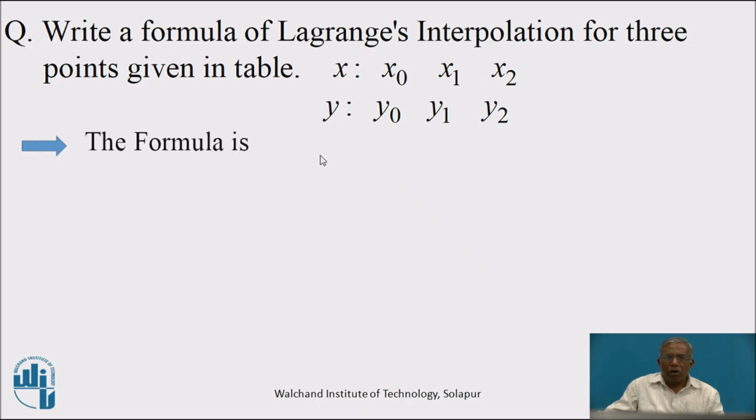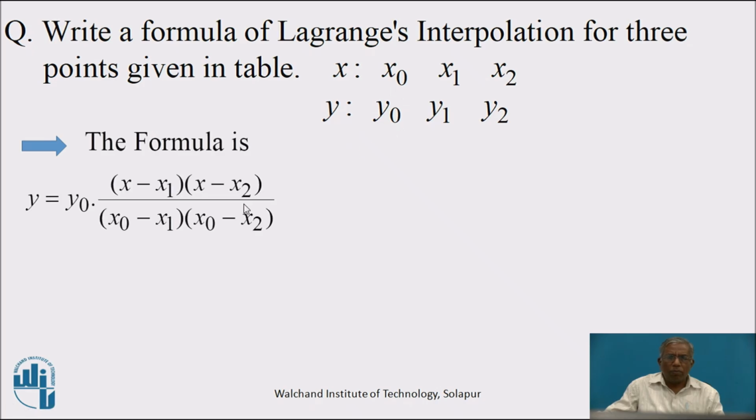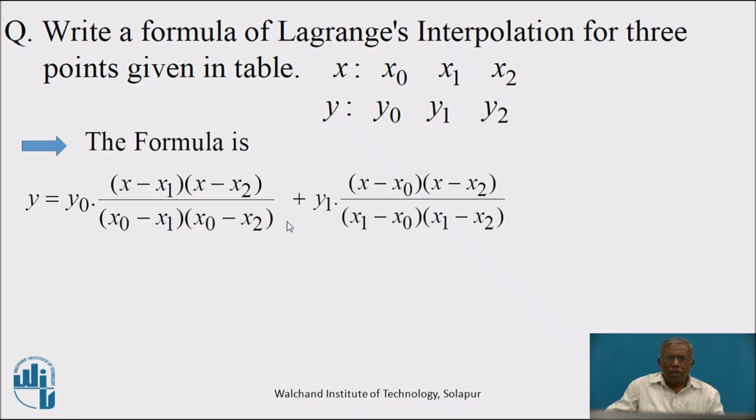The required formula of Lagrange's interpolation for a set of these 3 points is as given below. y equal to y0 into numerator in bracket x minus x1 into in bracket x minus x2 upon in bracket x0 minus x1 into in bracket x0 minus x2, plus y1 into numerator in bracket x minus x0 into in bracket x minus x2 upon in bracket x1 minus x0 into in bracket x1 minus x2, plus y2